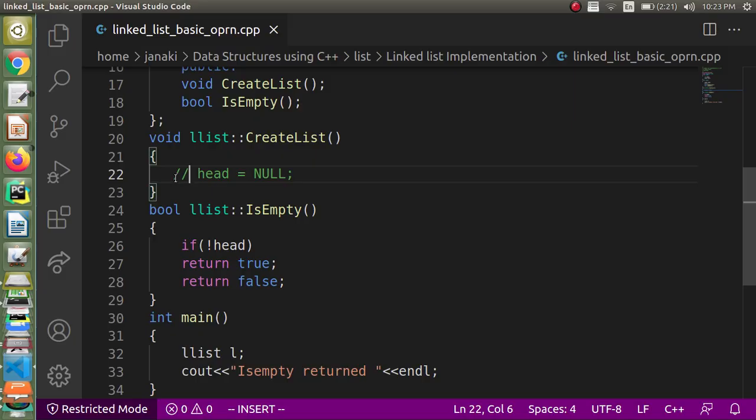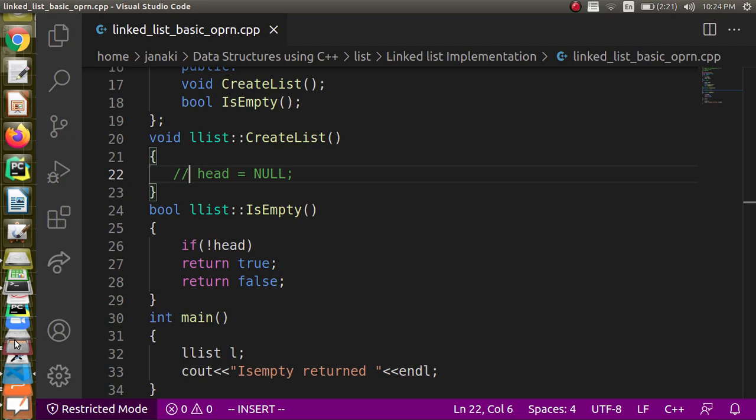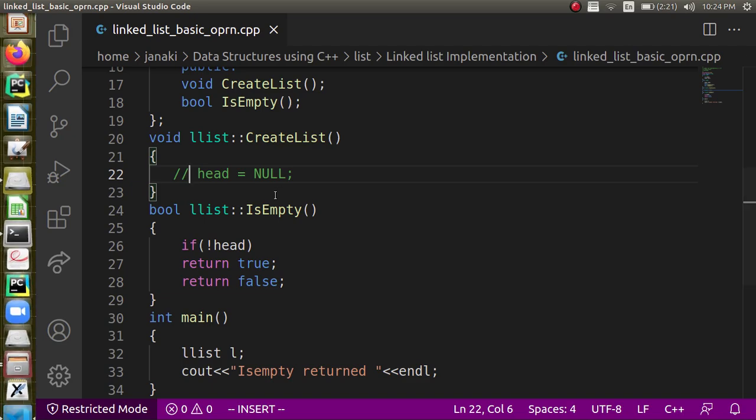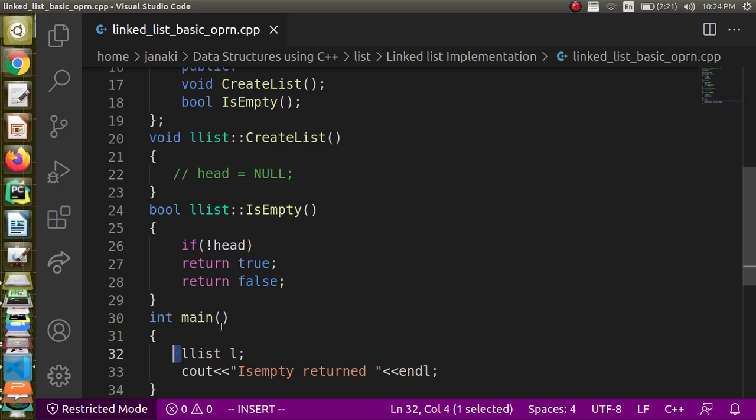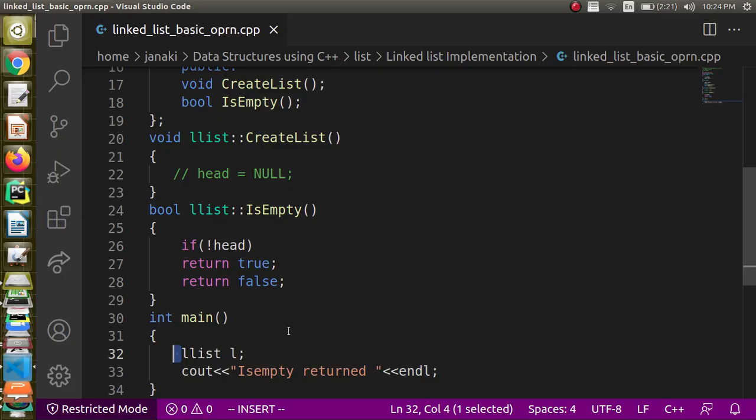If you are not initializing head, what will happen is, just let us try to visualize when main is going to get executed, this particular line will get executed, right? So you will get L. What is an L? There is only one data member, that is head, and this contains some garbage value, right? This contains some garbage value.